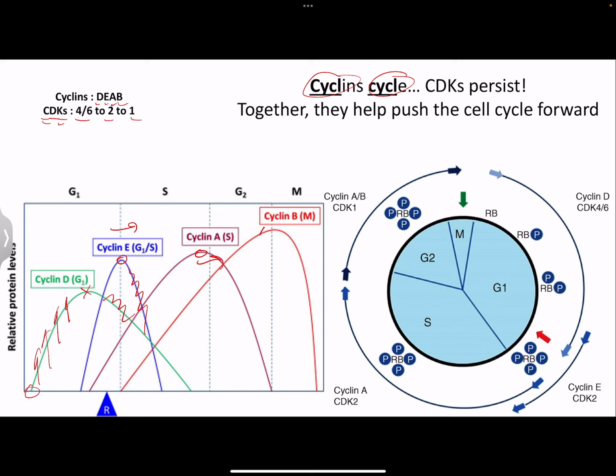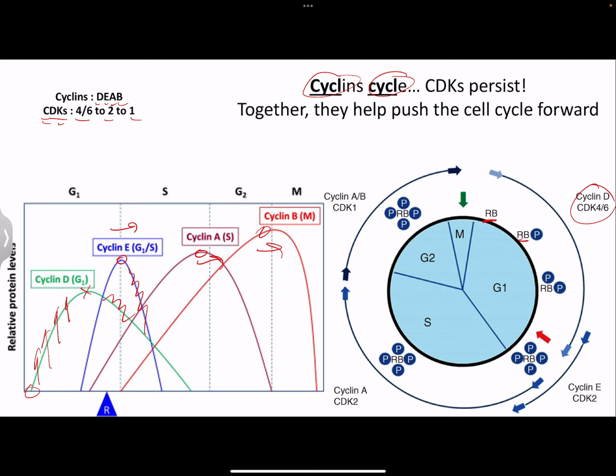And then we're going to see the same thing with B, pairing up with CDK1 and pushing us into the M phase. And now a specific example in something we're actually going to go into more detail on is we might see like cyclin D and CDK4, and something that we're seeing happening as G1 progresses is we have this